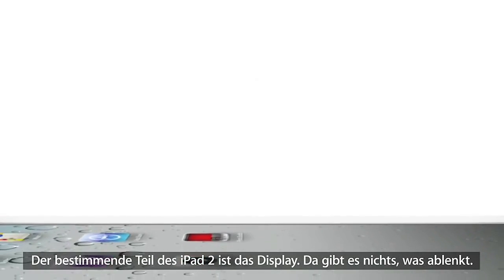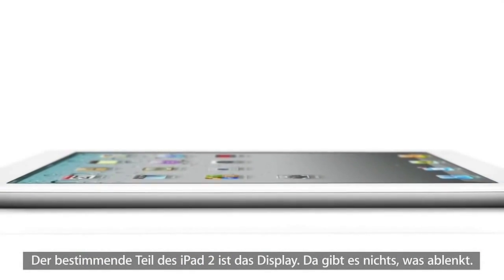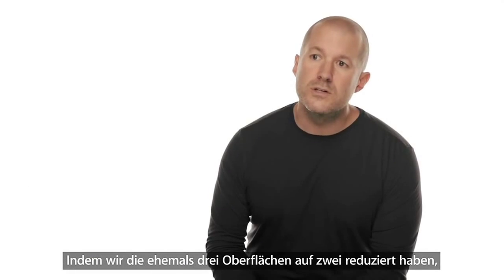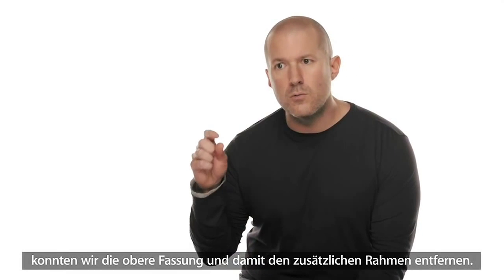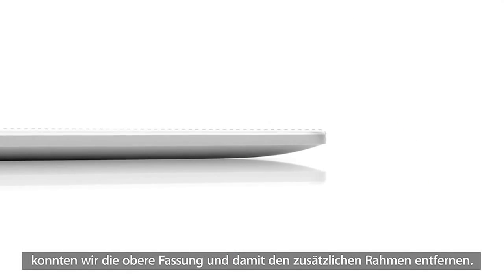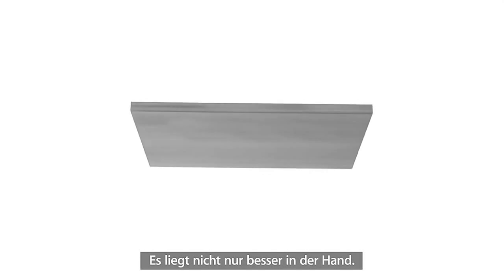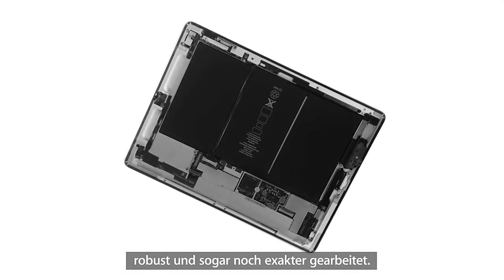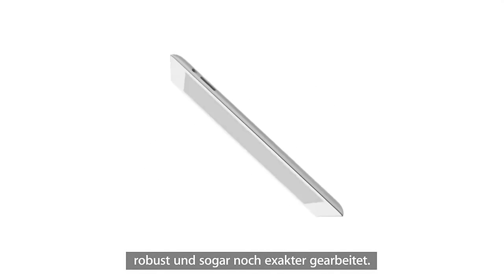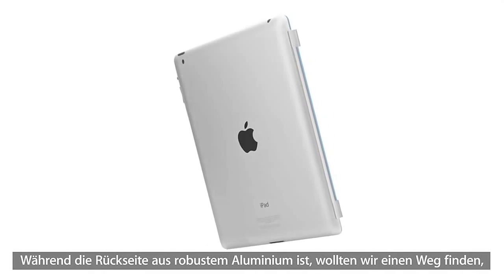The iPad 2 really is defined by the display. There are just no distractions. By reducing what were essentially 3 surfaces to 2, we got rid of the structural wall around the perimeter of the product and eliminated the edge. It's not only more comfortable to hold, but with the breakthroughs we've made with unibody engineering, it's rigid, sturdy, and even more precise. While the back of the product is made of durable aluminium,